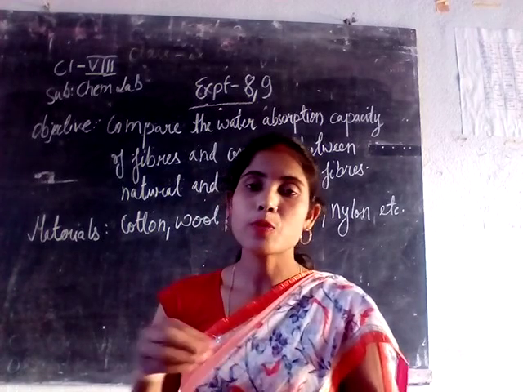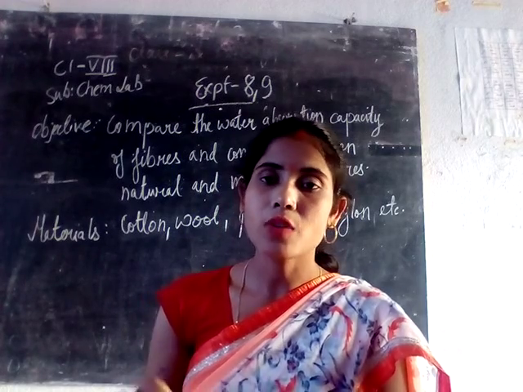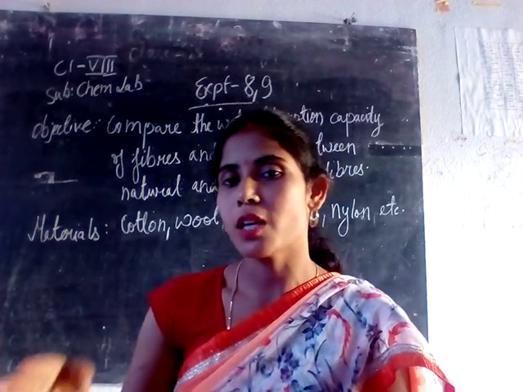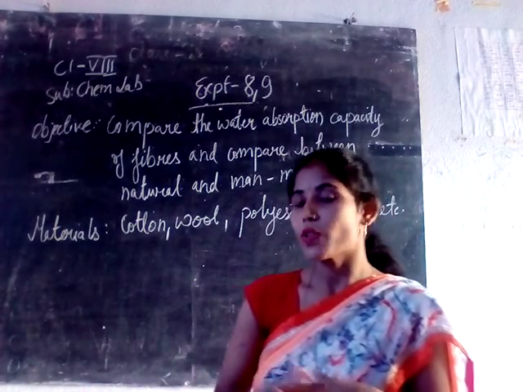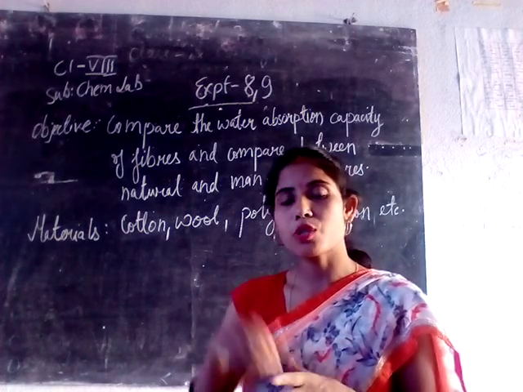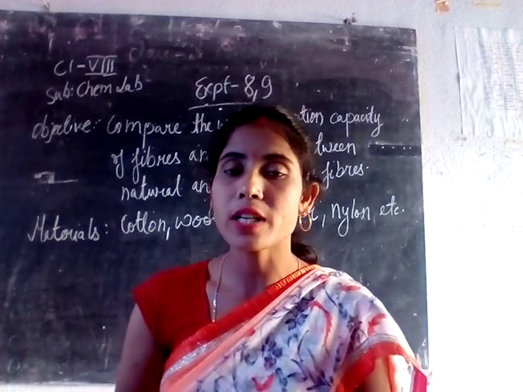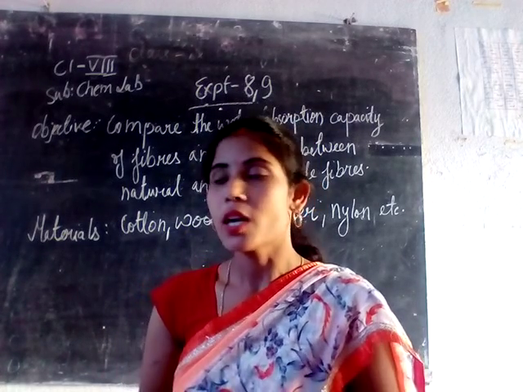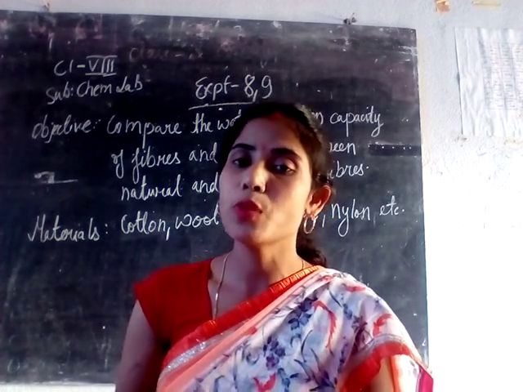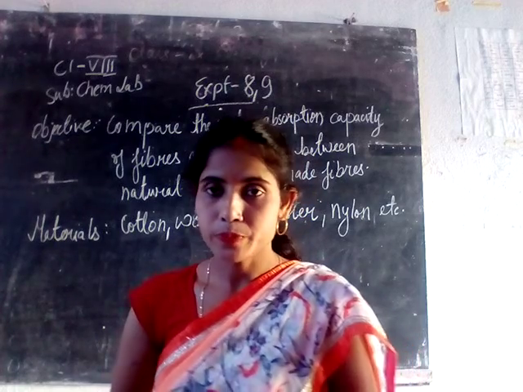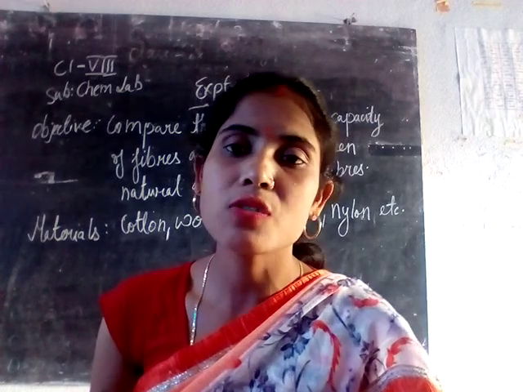So we have to see the absorption capacity of the fibers obtained from plant sources as well as from animal sources, and then distinguish between the man-made fibers and the natural fibers. We know the fibers obtained from plant and animal sources are called natural fibers. You will write down whatever materials you have taken from the plant fiber. Nothing else is needed for experiment number 9. You have to just write whatever is given in the book and complete it in your lab manual, because everything is given there. You know what natural fibers and man-made fibers are. We just have to distinguish between them.